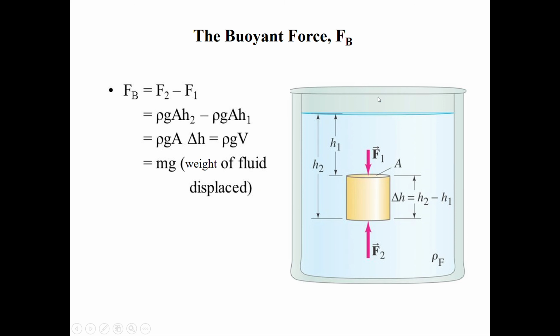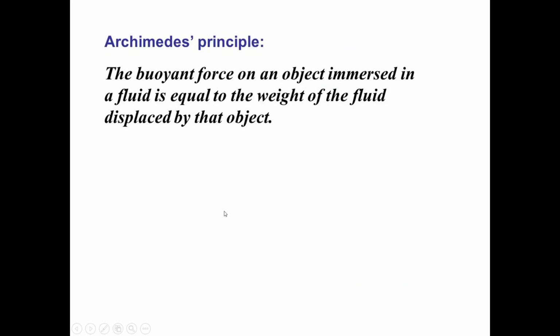That means when you push that cylinder underneath the fluid, a certain amount of fluid is pushed out of the way by virtue of the fact that it's there. And so in this case, what we found out is the buoyant force equals the weight of the fluid displaced. That's called Archimedes' principle. This is the source of the eureka moment of Archimedes, when supposedly he was sitting in the bath and had the reasoning in his mind to figure out that it was the weight of the fluid that he pushed out of the way, which is the additional buoyant force,